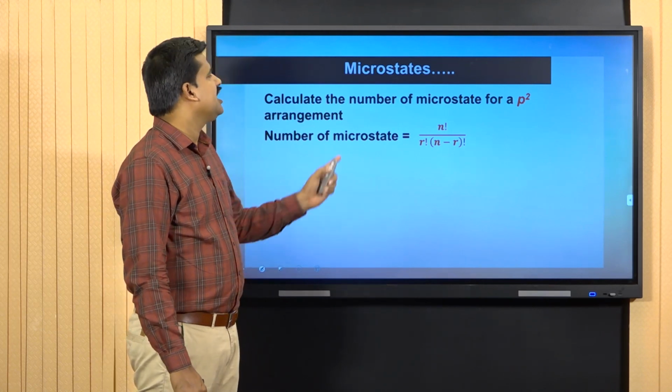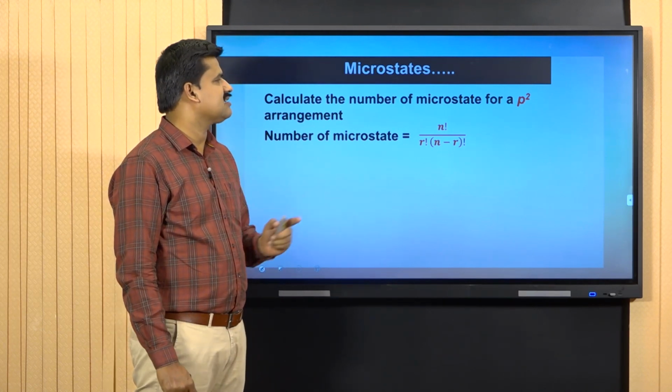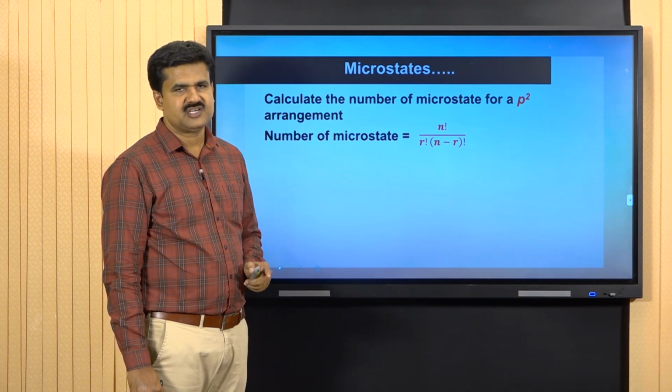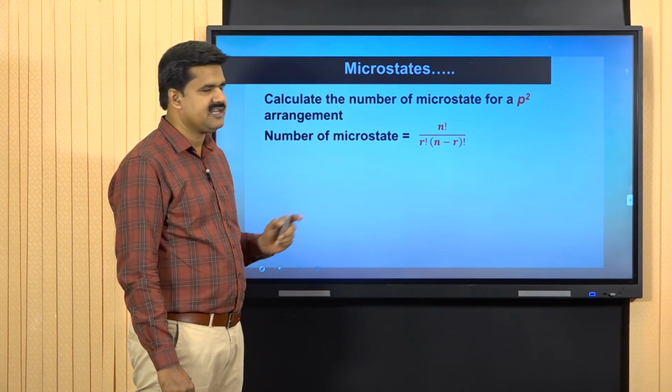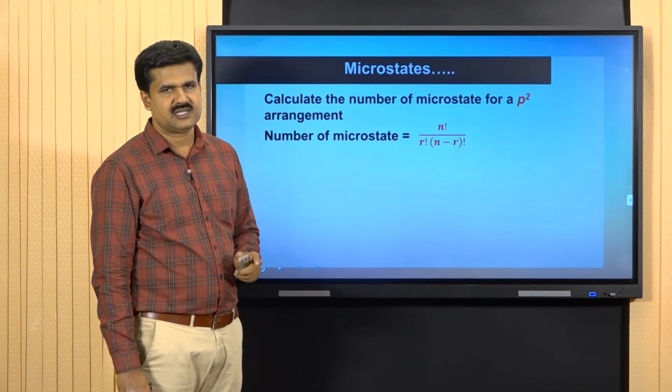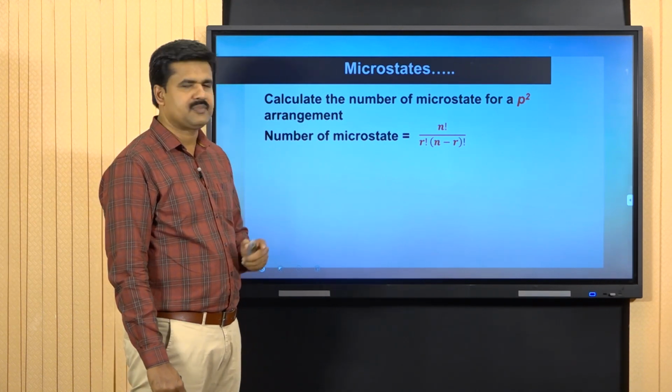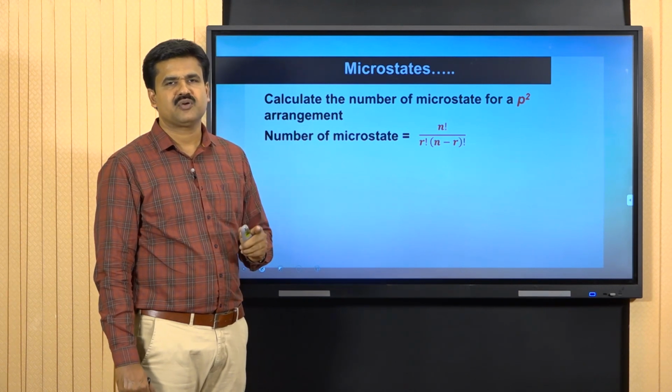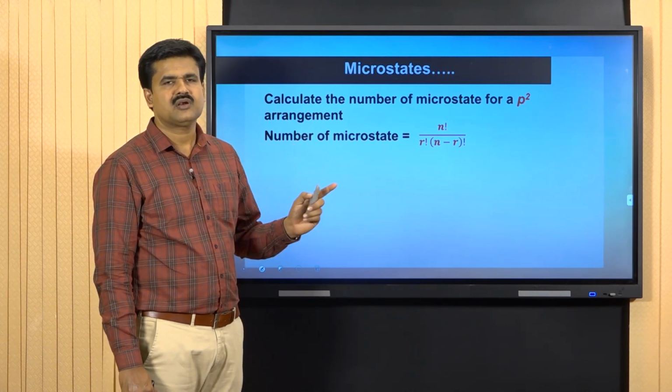We know the number of microstates is calculated by the expression n factorial divided by r factorial into n minus r factorial. Here, n represents twice the number of orbitals, or the number of